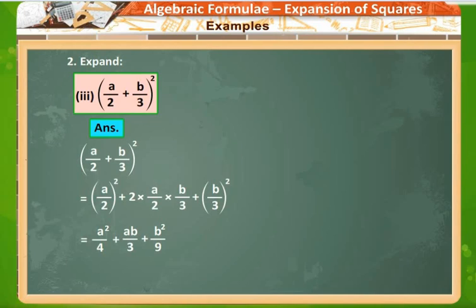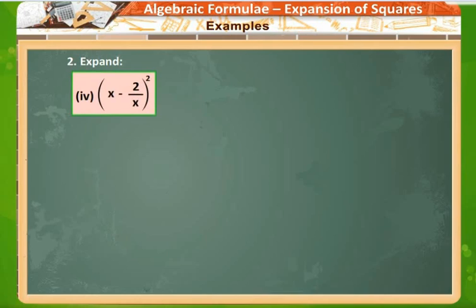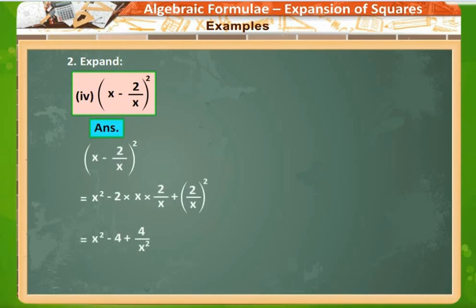Children, if you don't understand how to apply the formula, remember the formula of (a + b) square and just substitute the values of a and b in the formula. But the only thing is you have to remember the expansion of both the formulas. Here you can see (x - 2/x) the whole square. So this is of the form (a - b). Applying the formula, you get the answer as x^2 - 4 + 4/x^2. So it is very simple. You only need to know the formula and substitute the values which we are getting.